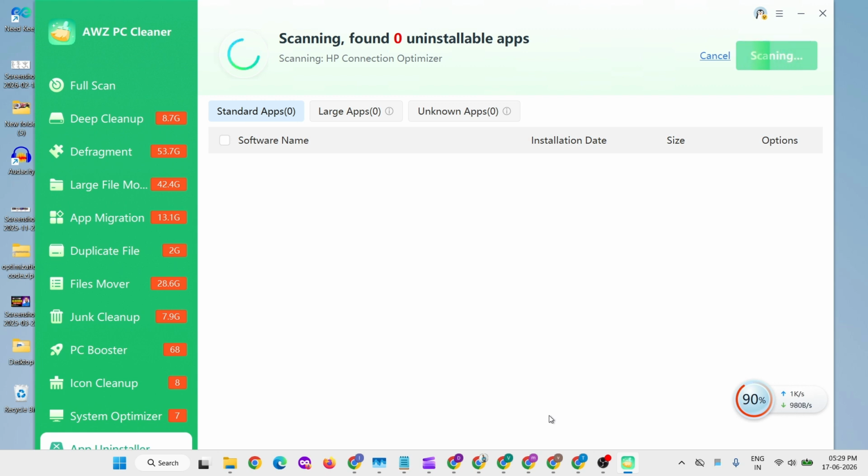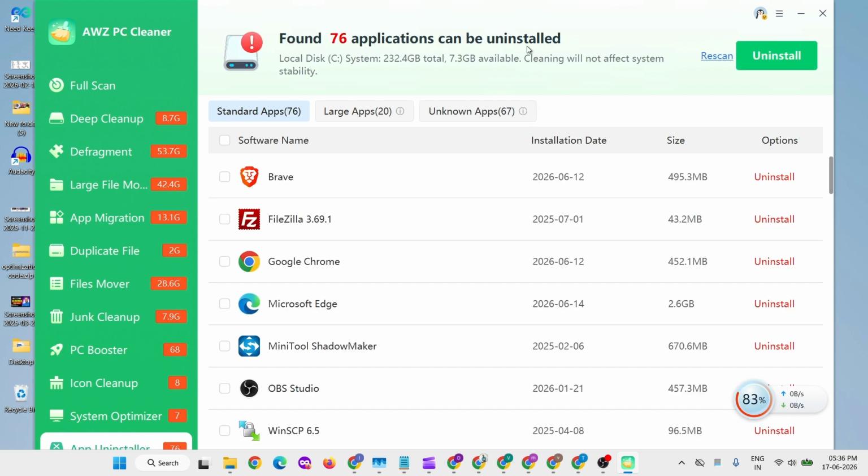Overall, AWZ PC Cleaner combines a wide range of cleanup, optimization, and storage management tools into a single application. Whether you're trying to free up storage, speed up your PC, remove duplicate files, or optimize Windows performance,